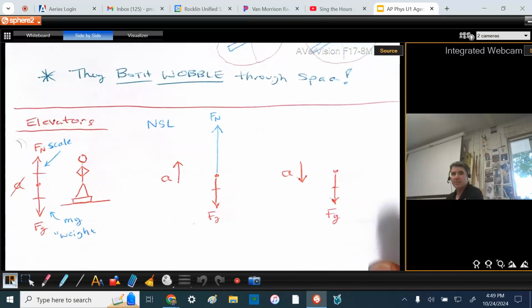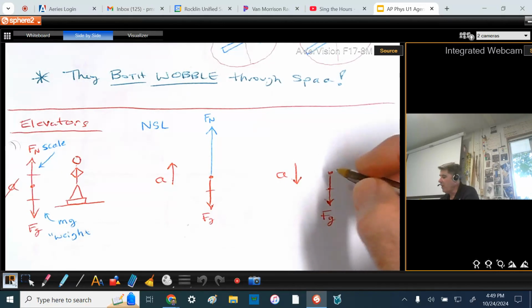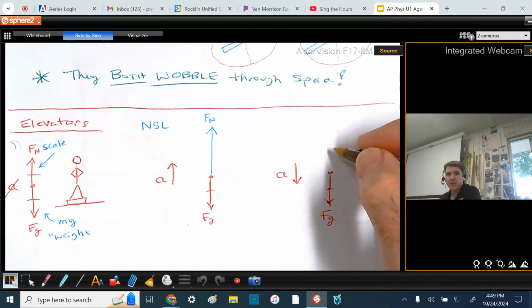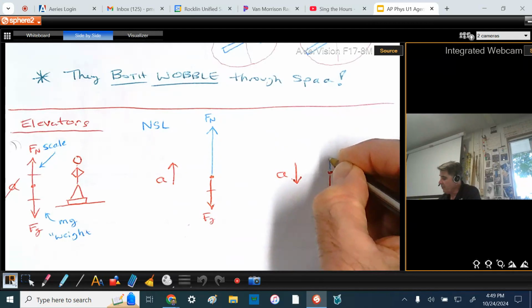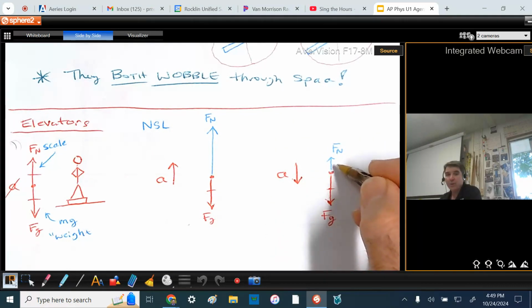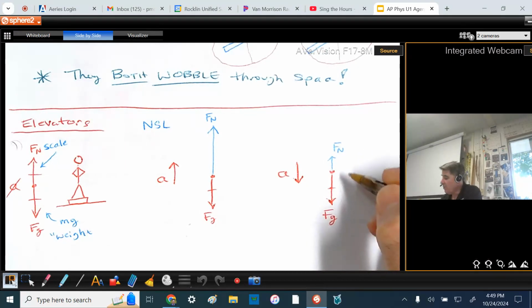Okay? And then the last situation, of course, is accelerating downward. When you get to the top, perhaps it won't have any upward force. Literally, that would be like a really quick stop. Well, let's say it has a little bit of an upward force, so your normal force is still there, right? So you'll feel lighter than you normally would. So you're feeling lighter.